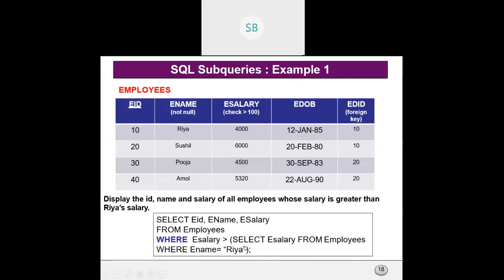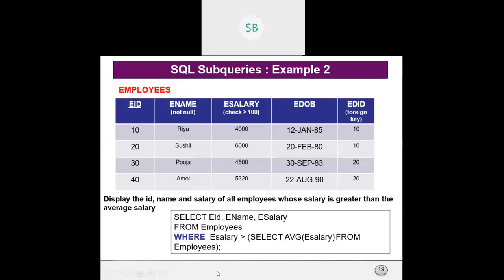Once you get Ria's salary, 4,000, then e salary greater than 4,000, so 20 Sushil, 6,000, 30 Pooja, 4,500, 40 Amol, 5,320, all will be printed. This is how you go for subqueries.